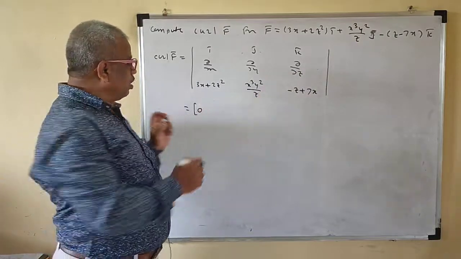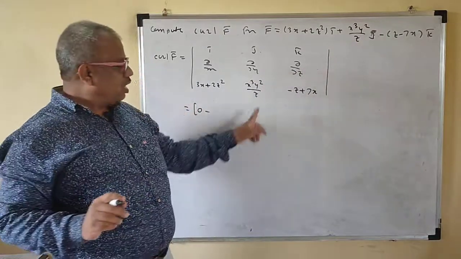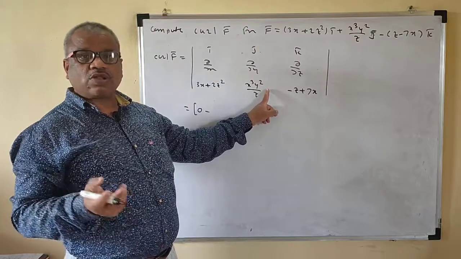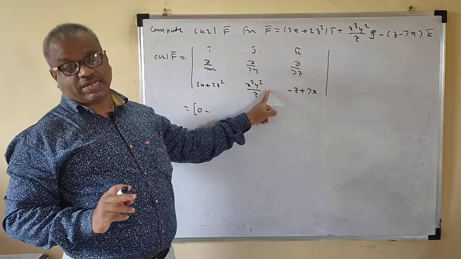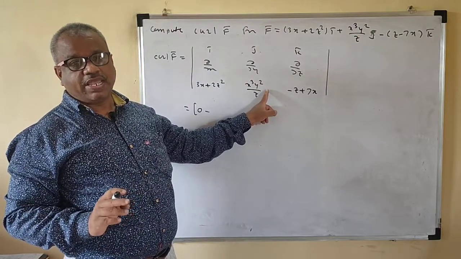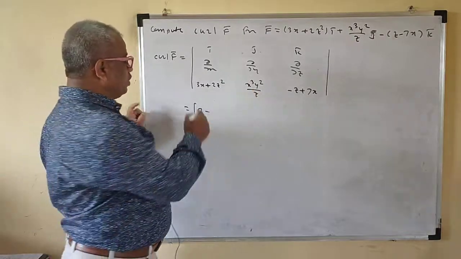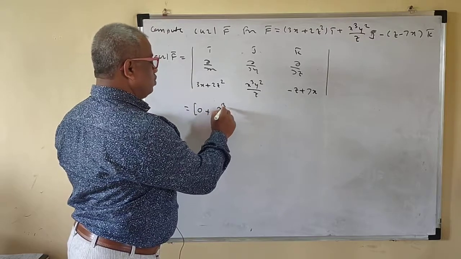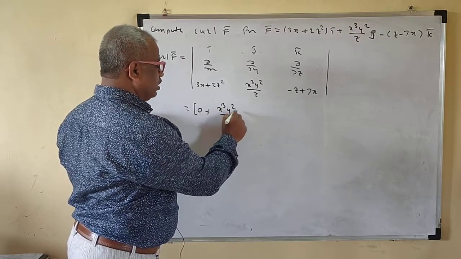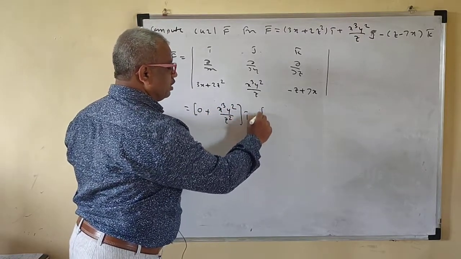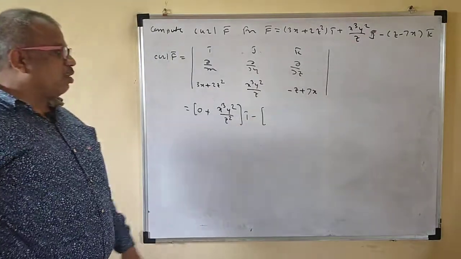You have to write a minus here. So 1 by z: the derivative of 1 by z is minus 1 by z square. Your x cube y square are constant. So minus minus becomes plus now: x cube y square upon z square i bar. Minus. Now collect the component of j bar.